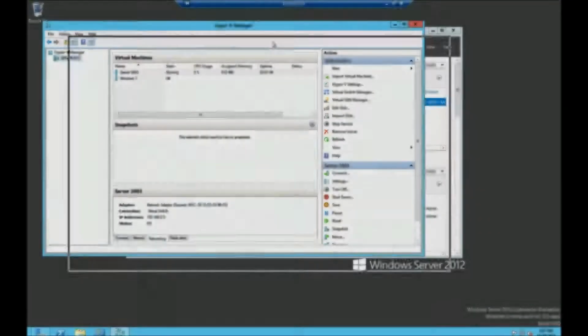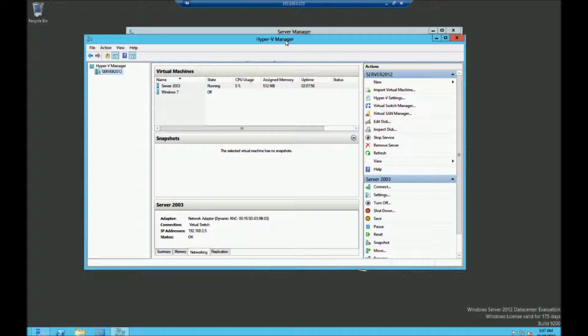Hey, how you doing? We're going to finish up our little discussion here about Hyper-V 3.0 and Server 2012. Okay, you can see we're looking at the Hyper-V Manager. One thing I should probably stress, and I haven't really said to this point, is that the big difference here between virtualization via Hyper-V in Microsoft land and virtualization for VMware, and mostly I'm speaking of ESX now, is that